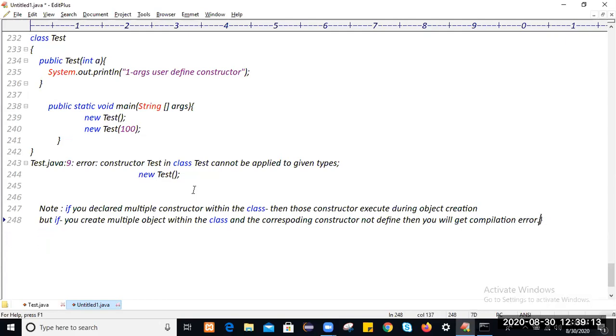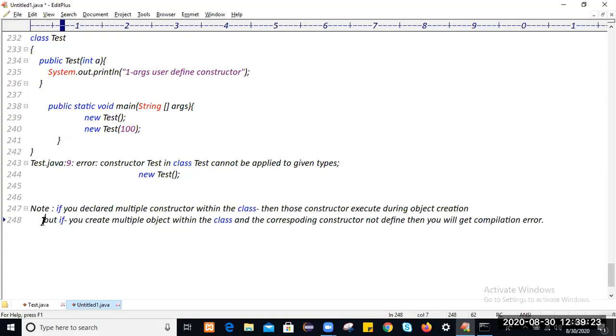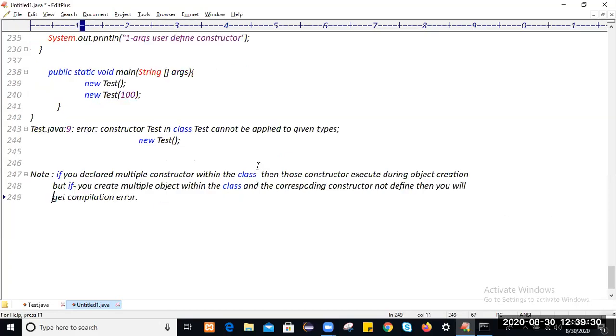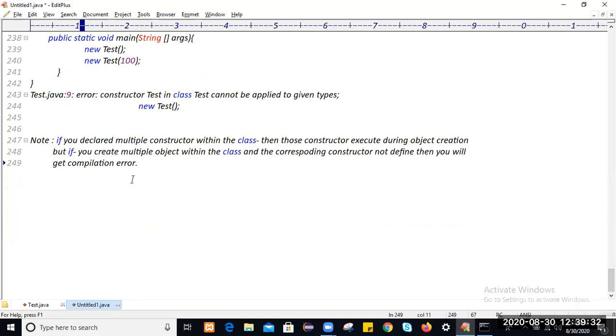Am I clear? Then you will get a compilation error for that. Okay, write down this note. You get it, this note?